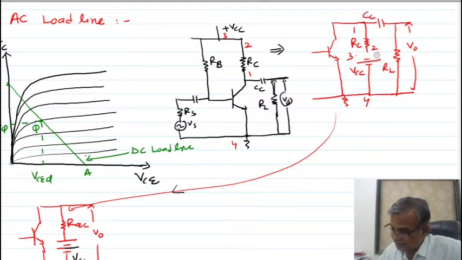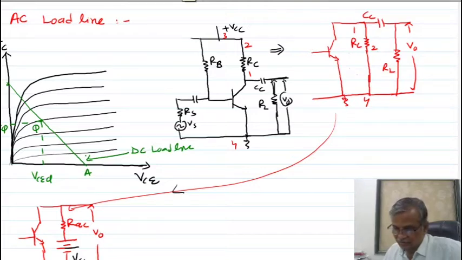Listen how I am neglecting. No need to draw here. Again, listen. I have to find the impedance of all the components present in the output section to calculate the AC load. So what is the impedance of VCC? Impedance of VCC is 0, meaning VCC is an ideal power supply. It does not have any internal resistance, so this impedance is 0. That's why I am not showing it here.